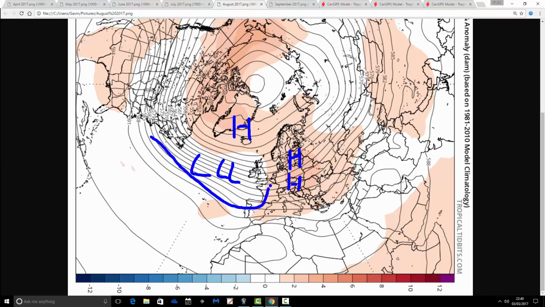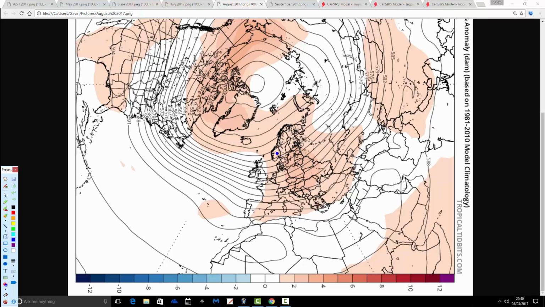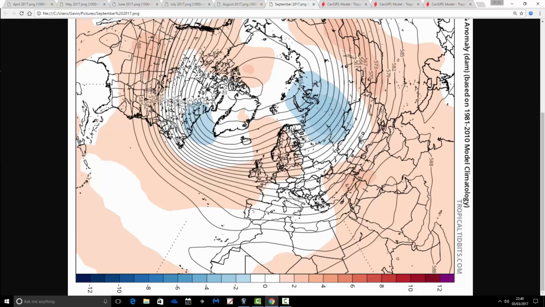And I would have thought what's likely going on there is that we're doing something like that with the jet stream. So we could be pulling up quite warm air from the south in August. Could be quite wet, but maybe a thundery and warm sort of signal for August with CANSIPS. It's 5 months away, so it is in the realm of just for fun, but that could be more of a thundery January type month in August. Then we finish up in September, and look at this again.